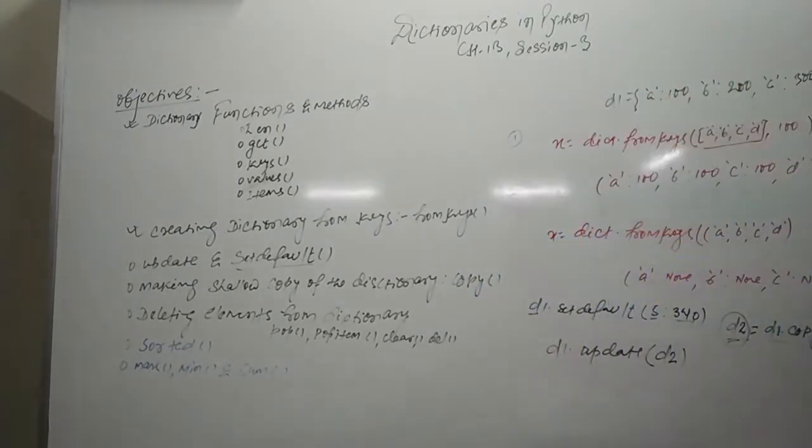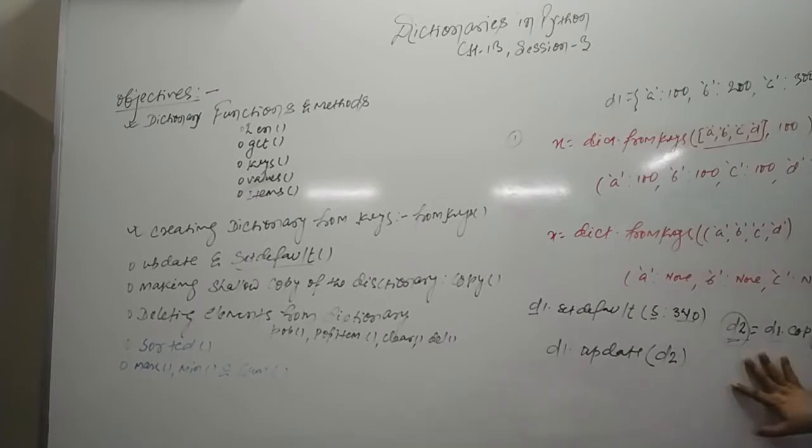So here d2 will be the shallow copy of d1. Here the d2 dictionary will be the shallow copy of d1. Shallow means if a dictionary has a key and a value, it is like standing in front of a mirror and seeing what image you get. In a similar way you will get the dictionary here. So it will be just a shallow copy of it. But you have to remember only the copy method. The copy method simply makes a shallow copy of any dictionary.